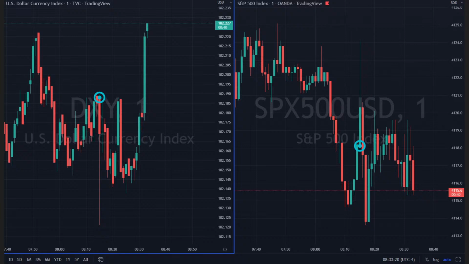Okay, so with the S&P, the reason I'm showing you this chart is that with the release we have today, if we do get a really strong non-farm payrolls figure, usually we look for around a 300k deviation on the headline figure. Of course, there are other releases that we have to be aware of, but what that could mean is that if we do get a really strong figure towards the upside, then the dollar could see an appreciation and the S&P 500 could see depreciation. And then vice versa, if we get a really weak figure, then we could see a similar reaction as we had seen with ADP employment, right?